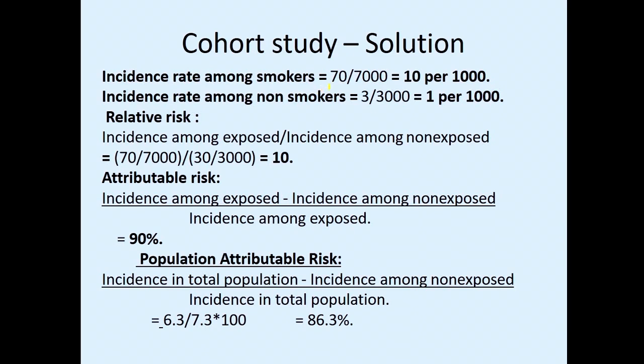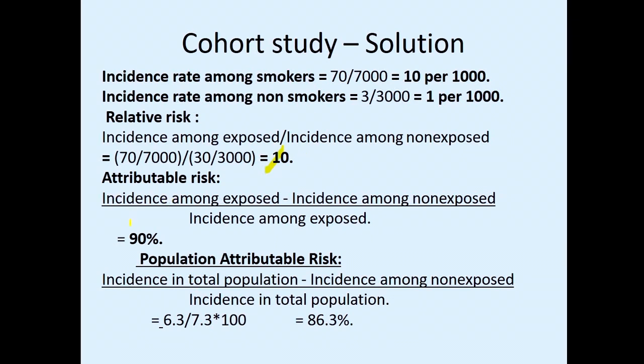Incidence rate among the smokers is given by the formula A by A plus B, which is 10 per 1000. So incidence rate among the non-smokers is 1 per 1000. So relative risk is A by A plus B divided by C by C plus D, which will give 10 as a relative risk. The interpretation here is, the smokers are at 10 times more risk of developing lung cancer than the